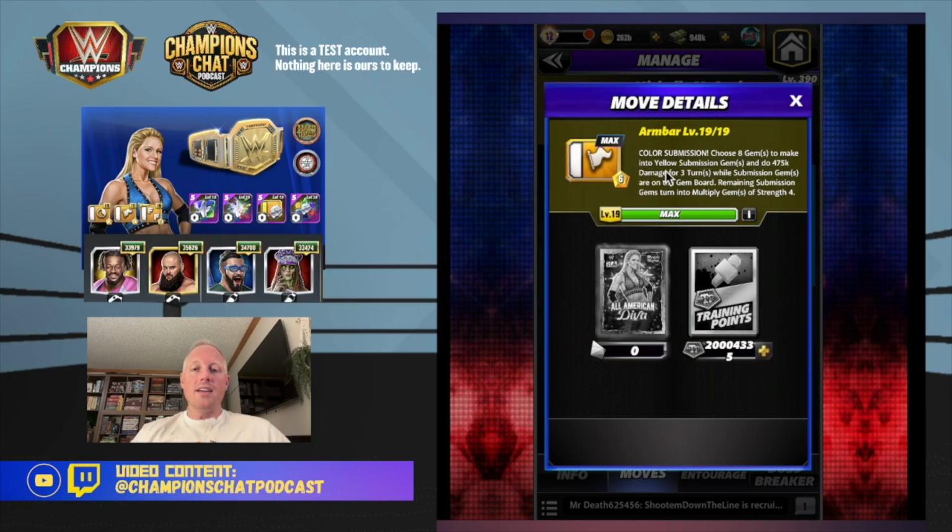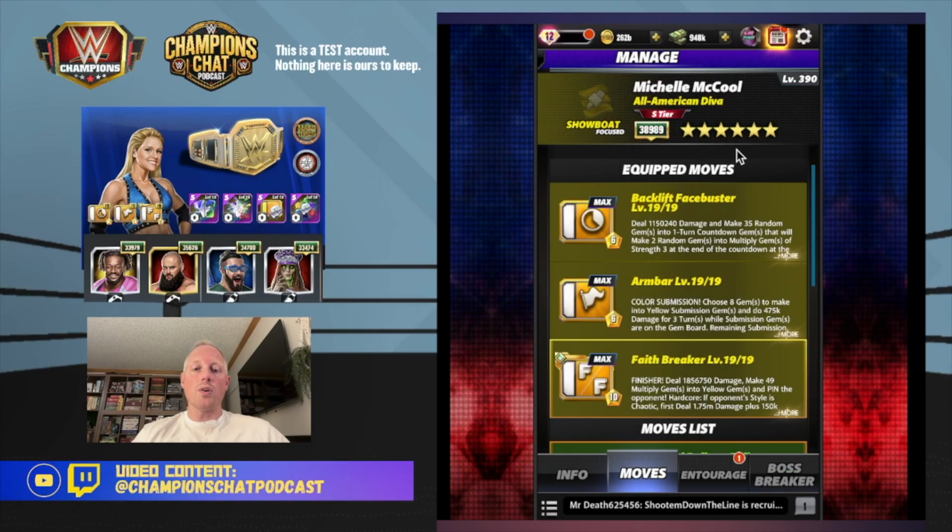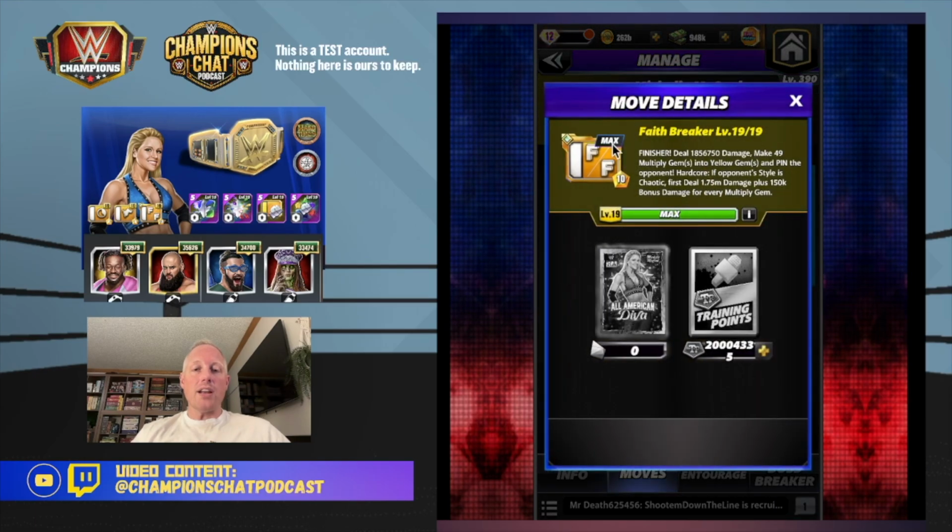Armbar, 6 MP, color submission: choose 8 gems to make yellow sub gems, do 475k damage for 3 turns while sub gems are on the board, remaining turn into multiplied gems of strength 4. Then you have the Faith Breaker, 10 MP, but it does get loaded by the sub, so it's not the end of the world. Finisher does a good amount of damage there and makes 49 multiplied gems into yellow gems,